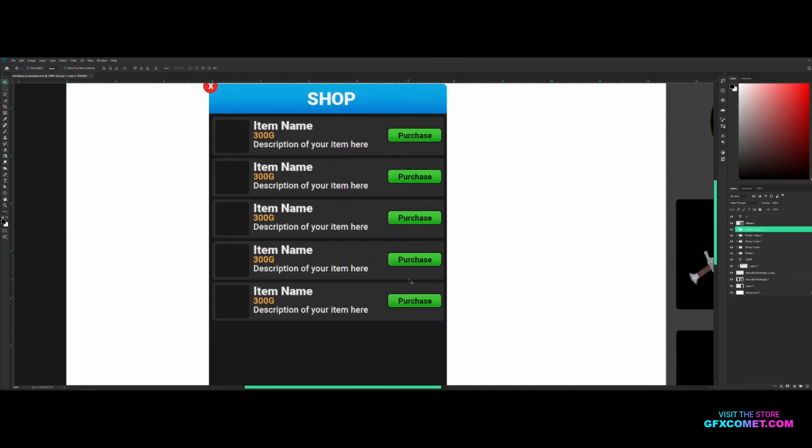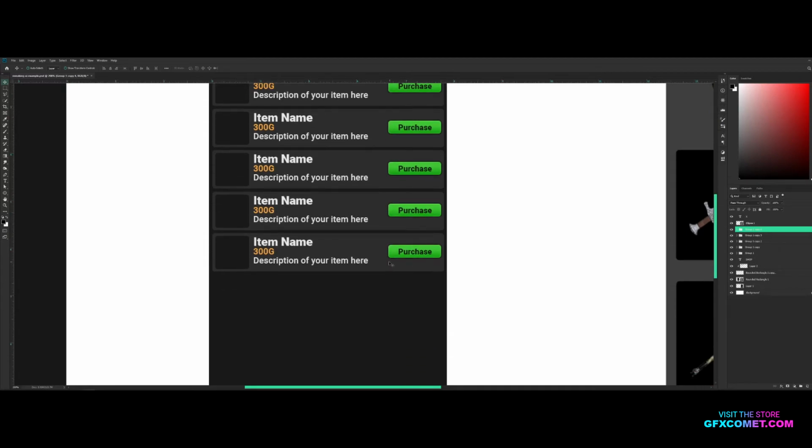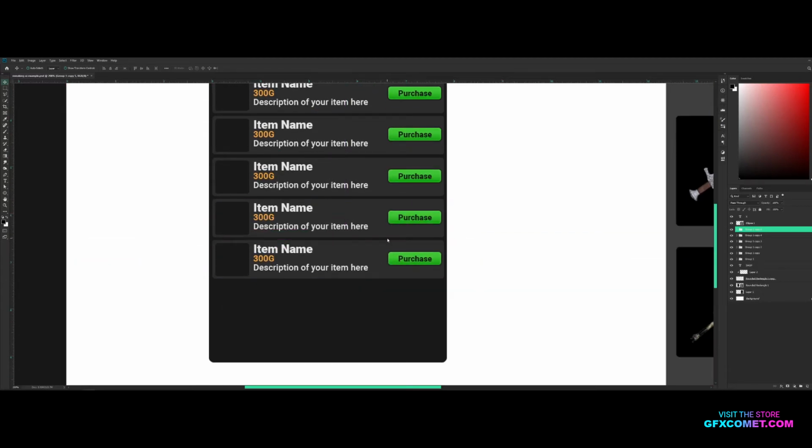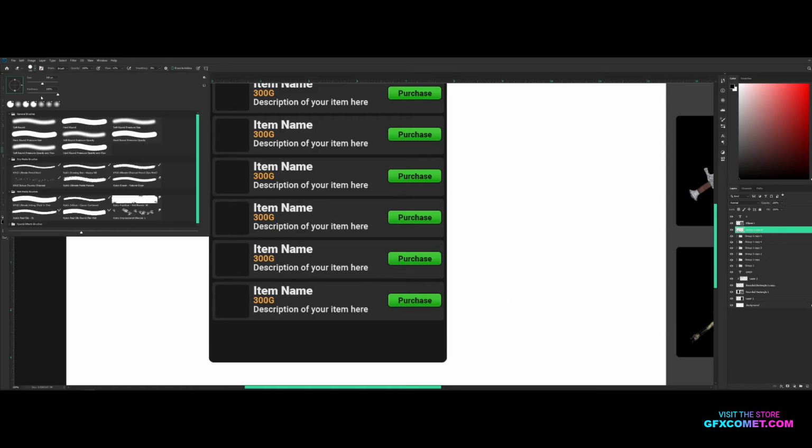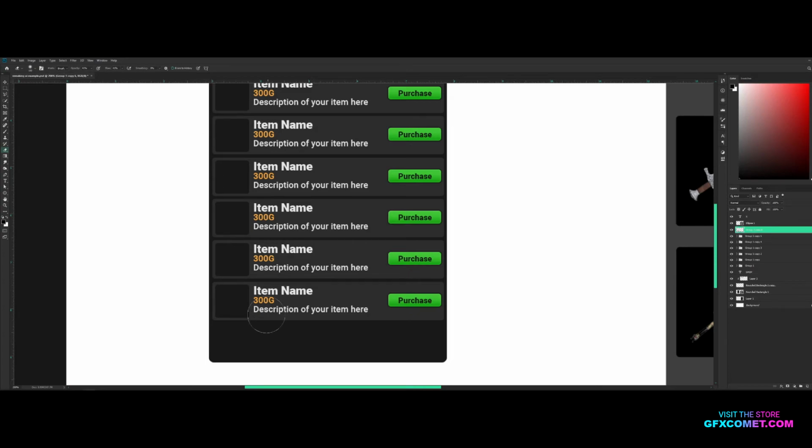And right here, I'm gonna stop it right here. And here we go. I'm gonna hit Control E on this one. Use my eraser. This right here is just an example. So,